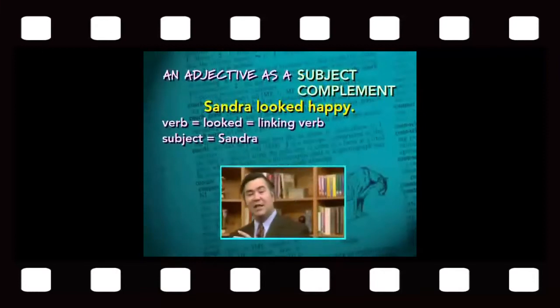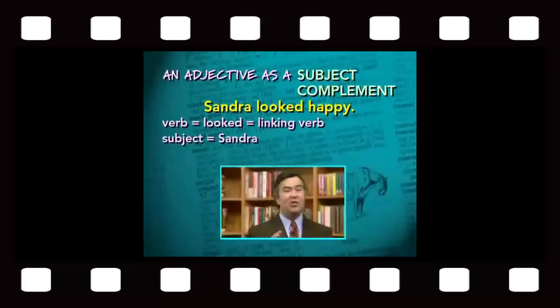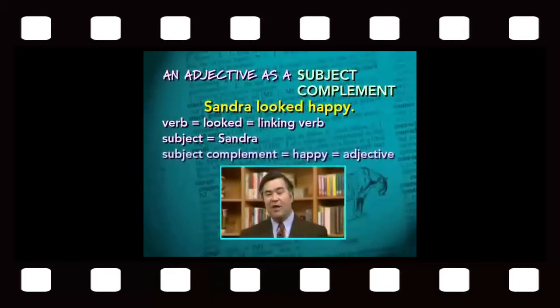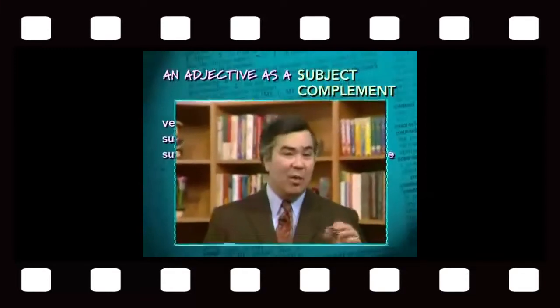What follows is the adjective happy, which describes, modifies, refers to, or gives more information about the subject. We're being told that Sandra was happy. So Sandra and happy are being equated to one another. We're being told those two things are one and the same, Sandra and happy. So looked is acting here as a linking verb, and what follows is an adjective being used as the subject complement. So once again, a subject complement follows a linking verb, and it can be either a noun or a